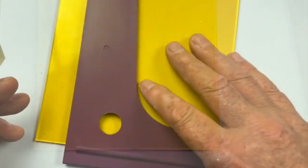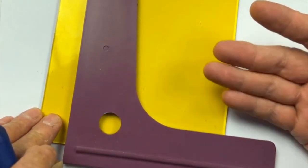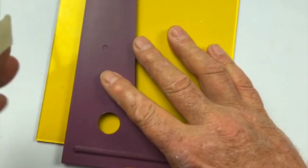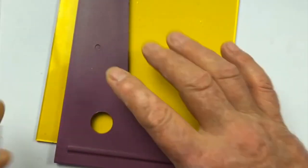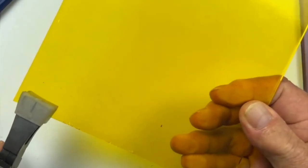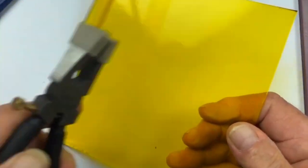And then this reminds me of Easter right here. You know why? Because I used to like to make Easter eggs that color. But this is a Spectrum again too. This is a 376.1 because it's a transparent. So what we're going to do is we're just going to listen to this right here. Again, I don't have a cutter head that's depressing. Here we go. Just like that. Bring it down, bring it off, consistent. And remember, look how pretty that is. Like we talked about last week,